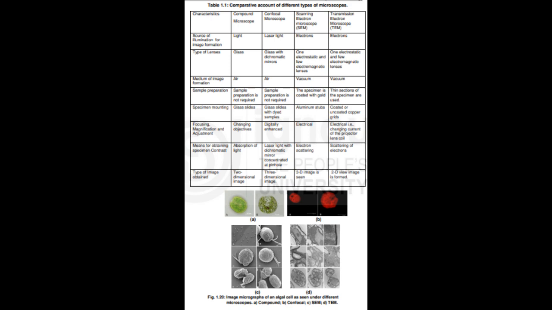Table 1.1 Comparative account of different types of microscopes. Look at the screen for table content. Fig. 1.20 Image micrographs of an algal cell as seen under different microscopes. A. Compound. B. Confocal. C. SEM. D. TEM. 1.4 Techniques for preparing tissues